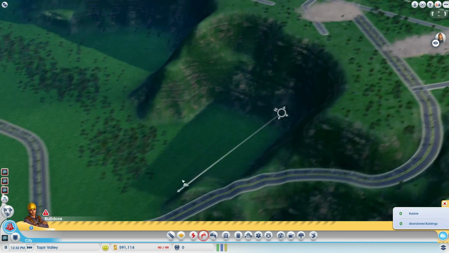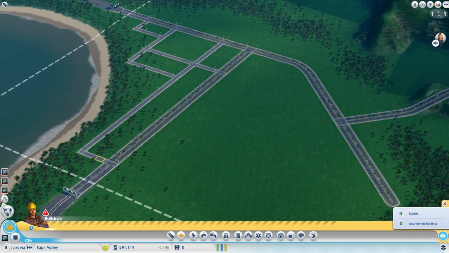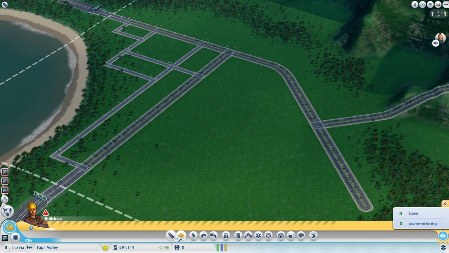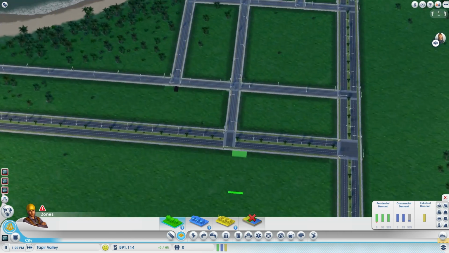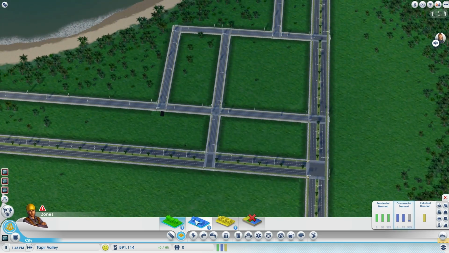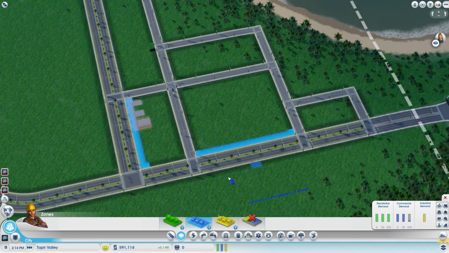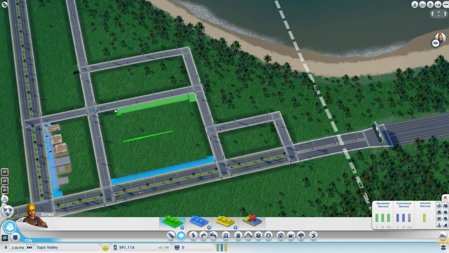Delete all these random paths to nowhere. I think we got all of them, right? Oh, yeah, we got them. So, let's go ahead and zone. We can put residential. I'm going to do commercial along... What the heck? Why is that so dark? That's weird. Anyway, I'm going to put these commercial buildings along this street. Let's go there. And there. Then I'll put the residential